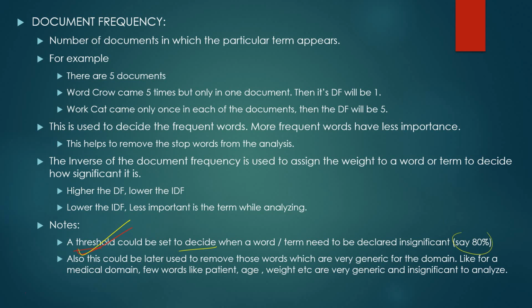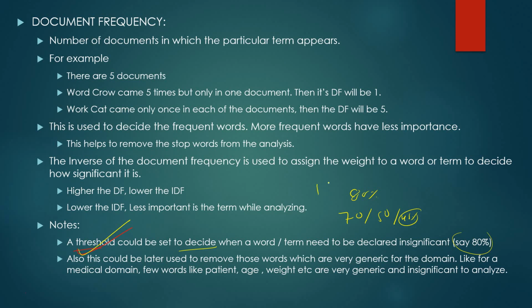Which means that if a word or a term is appearing in 80% of all the set of documents, then it can be declared as a least significant word. Or we can decide 70, or 50%, or even 40%. Even if something is coming in 40% of the documents, then it will become least